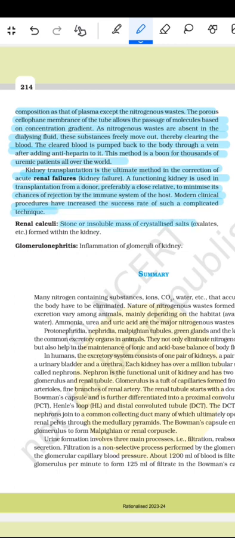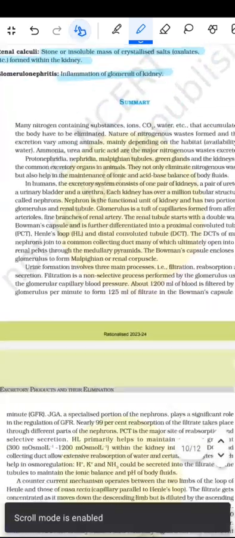Renal calculi are stones or insoluble masses of crystallized salts that are formed within the kidney, or glomerulonephritis, which is the inflammation of the glomeruli of the kidney. फिर summary में